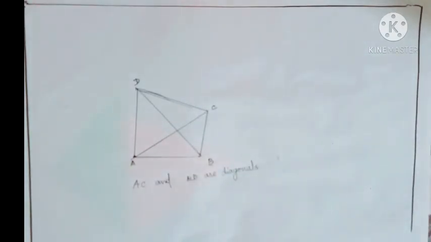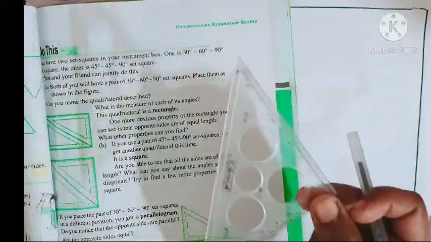Okay, fine. Now we can do an activity. So, you can have your friend with you. If you take set squares in your geometry box, you need 2 sets of these. One is the 30 degree, 60 degree and 90 degree set square and another is the 45 degree and 90 degree set square. When you join this with another set square that your friend will be having, you will get a rectangle. That is, this quadrilateral is a rectangle.